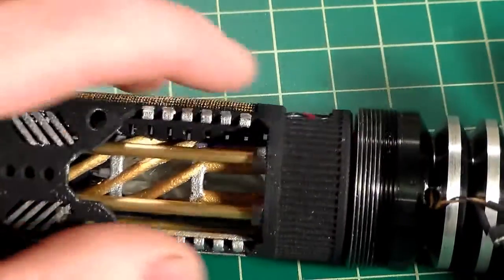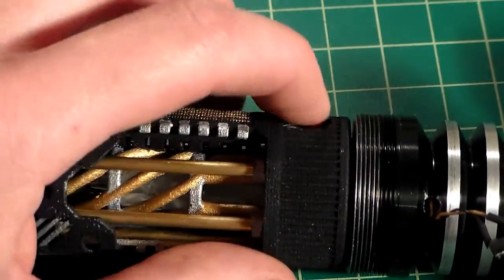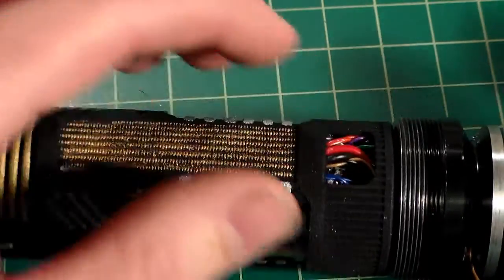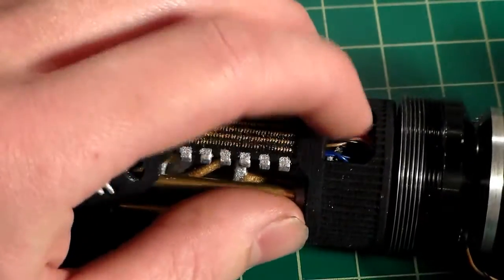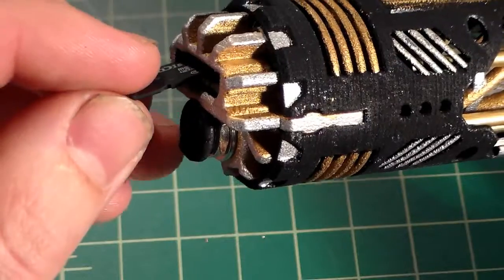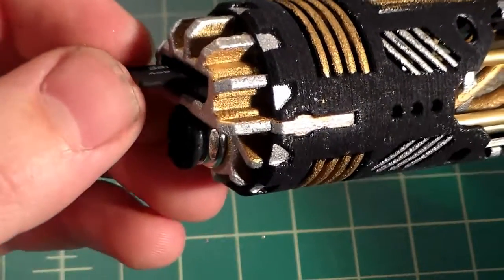As you can see, if we look at it from the side, from the profile shot, we don't have any wires sticking up, nothing to get pinched when we put the lower half on, nothing to get pinched or cut or anything like that. They're nice and tucked down in. So now we can go ahead and just insert our